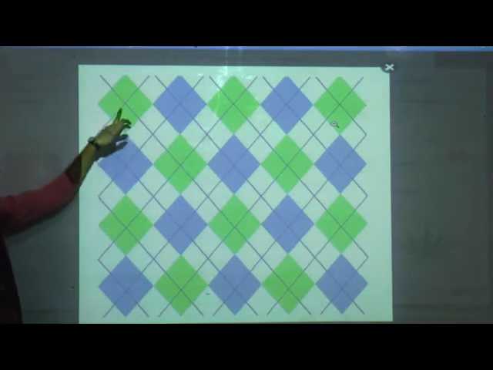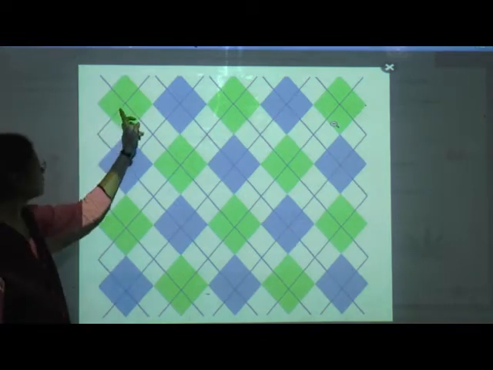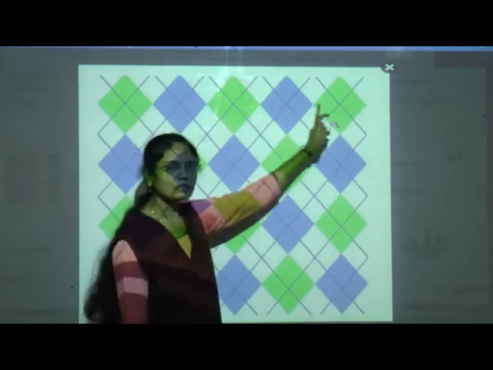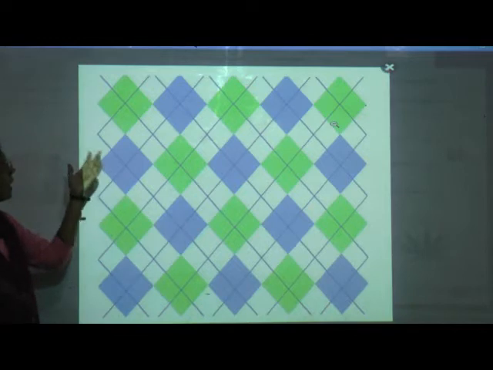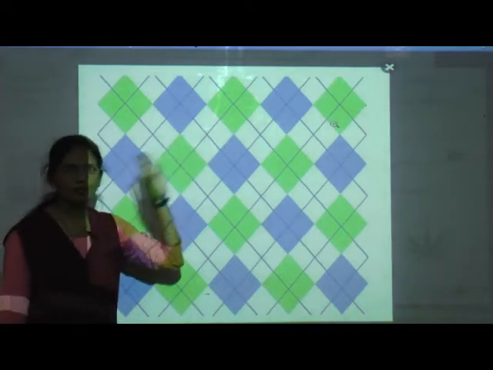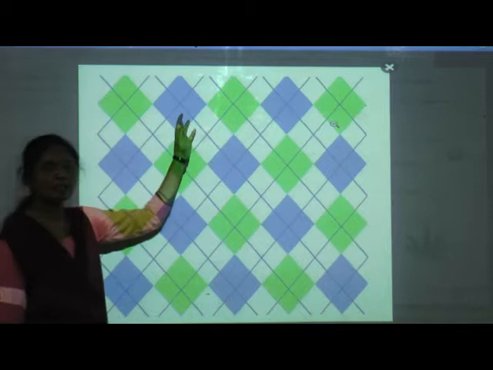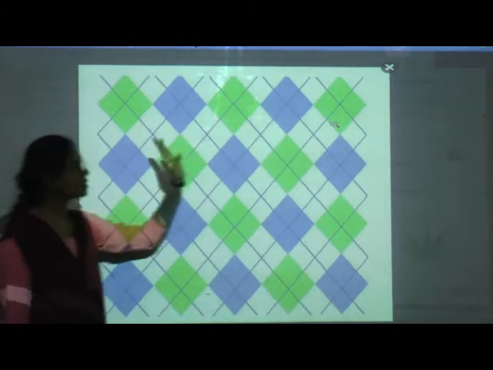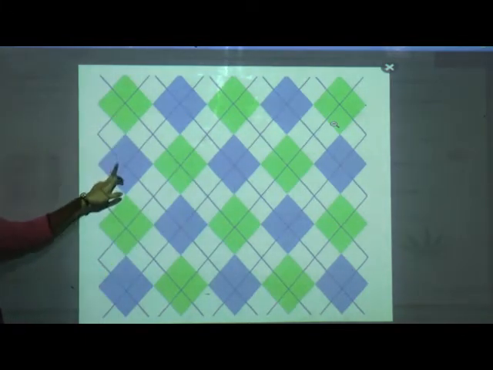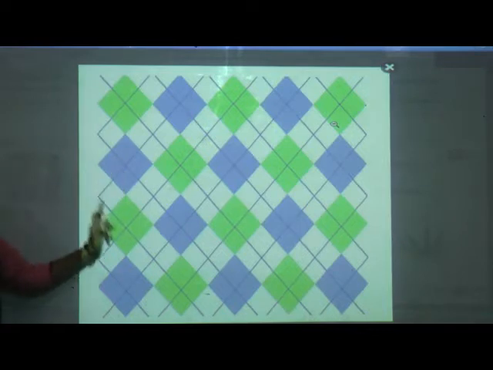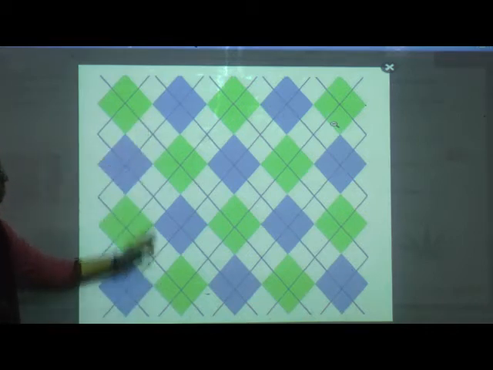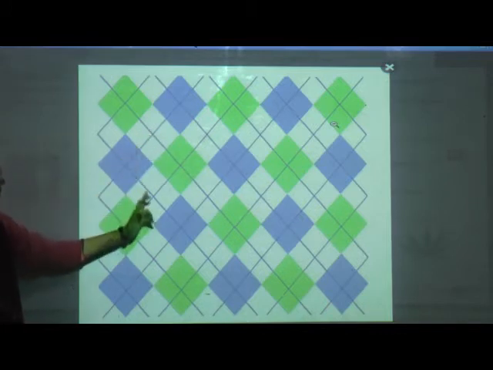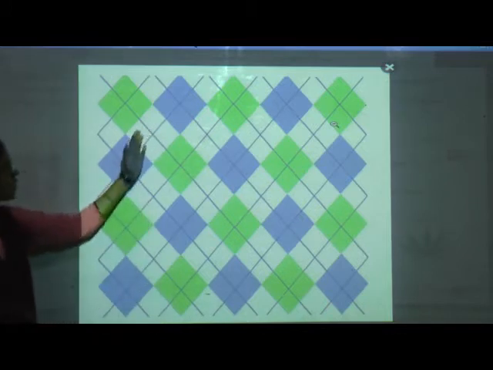If we see now here, alternate colors are there. Green, blue, green, blue, green. Means there is a repetition in shapes and there is a repetition in color also. In alternate colors they have arranged the squares. Now say this is green color, this is also a blue color square, again here green, blue. Then if we see this middle part, it is blank. This is also a square, but blank squares are there. There is no color.